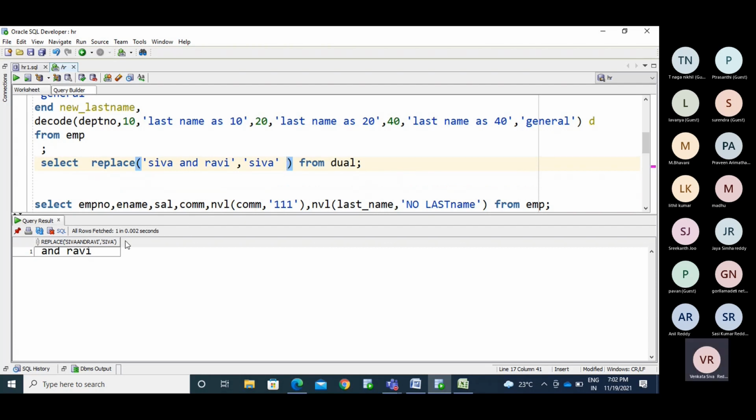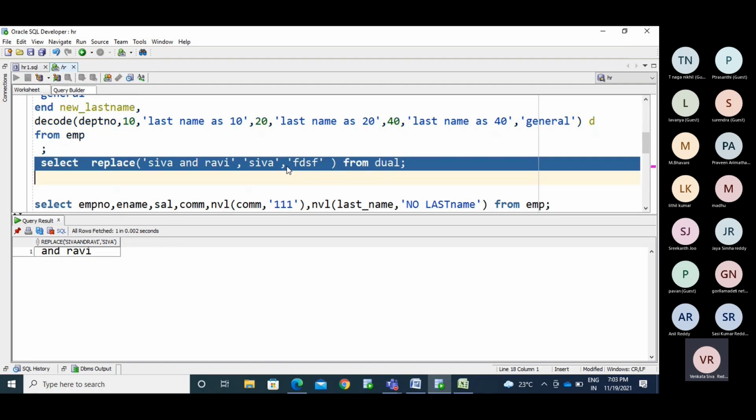It becomes null. So the system treats it as null for this. If you haven't mentioned anything to replace with, it replaces with null. If you put any character, it replaces with that.